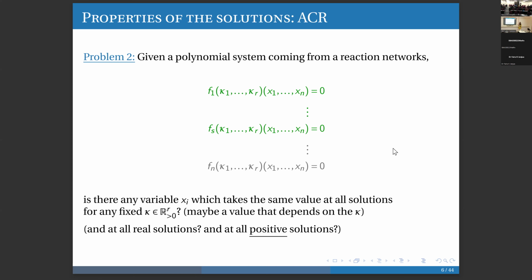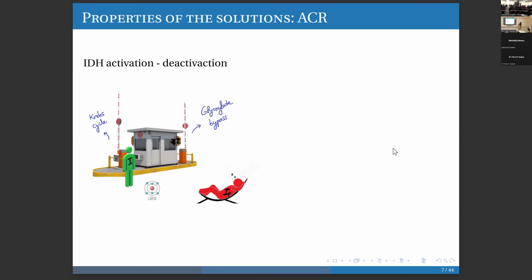I will go to an example. Anyway, otherwise we cannot see it. So this is my example. Some biology here. I'll do what I can. So there is this enzyme that I call IDH because it has a very long name that I will not try to pronounce. And this is the green body there, which is in charge of